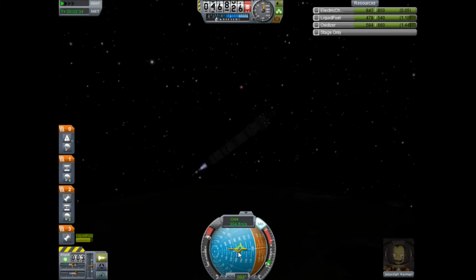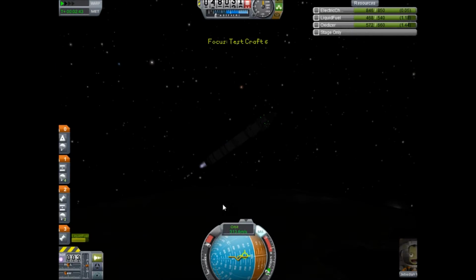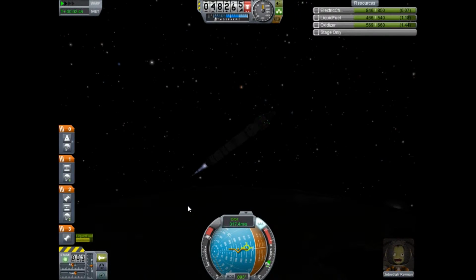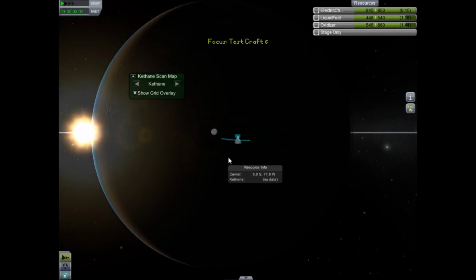I think that's actually more of the craft yo-yoing a little bit as well, backwards and forwards. We're doing fantastically well for fuel, as you can see. Unlock that, move it over a little bit more. It's about there. There we go. There's the little rebound effect. But our apoapsis